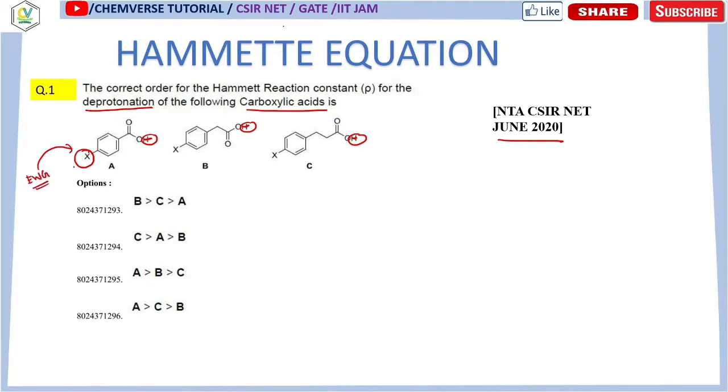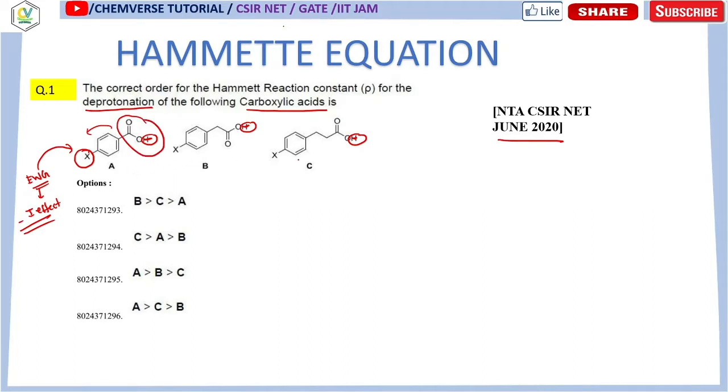Now you can see that this electron withdrawing group, when it is present in the para or meta position, irrespective of the nature of the group, will always exert the inductive effect, not the resonance effect, because this negative charge has no scope to enter the ring. I have discussed this in detail in the previous video, so if you do not understand, pause the video and go to the description box, where you can find the link of my previous video. So this is exerting the inductive effect, and the minus I effect stabilizes this CO2 minus. That is why the reaction is proceeding.